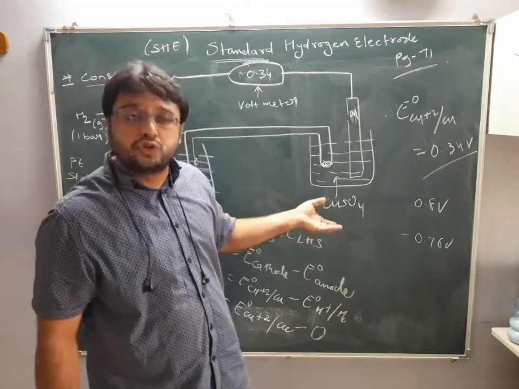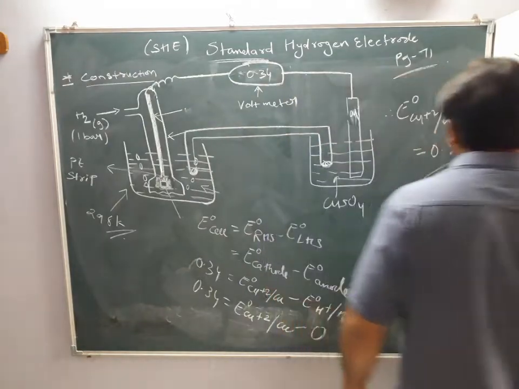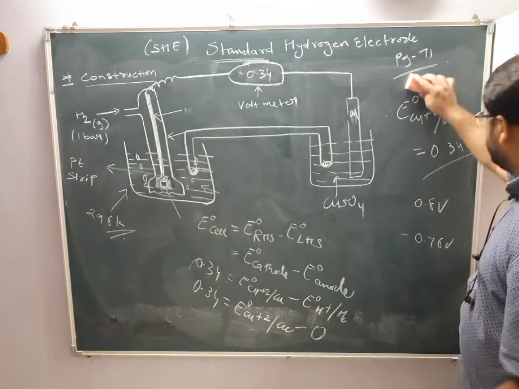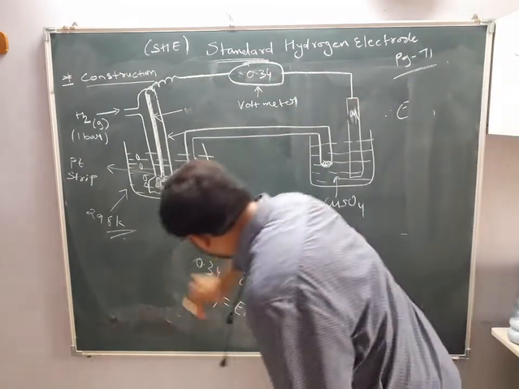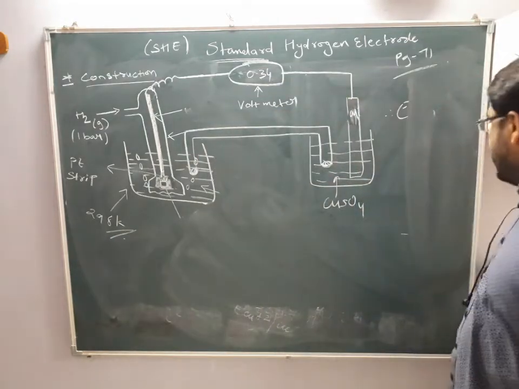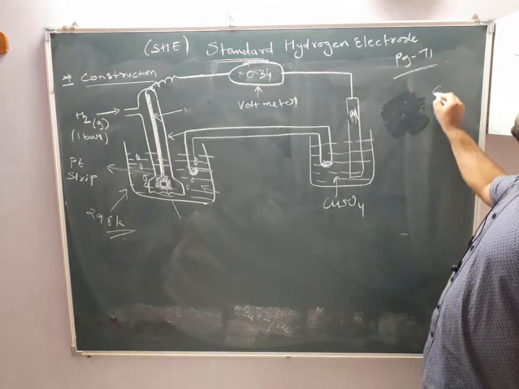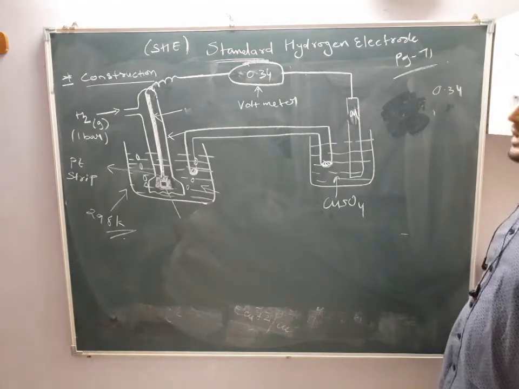Then I will keep certain other metals like iron, cobalt. Then I can take H2O2, hydrogen peroxide, also. A number of electrodes I will keep here, and I will go on taking the reduction potential values. I will go on changing here. First I have kept what? I have kept here copper. I got some value for copper. Okay. So I got the value of copper as 0.34. Clear? Then I will keep some fluorine.